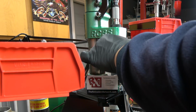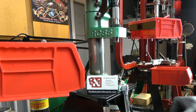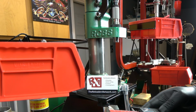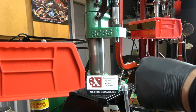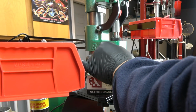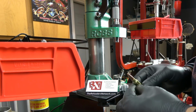So I don't crimp, and I know that is debatable. I can tell pretty much by seating the bullet. That one came out at 2790. I can pretty much tell by setting, there we go, what the case retention on the bullet